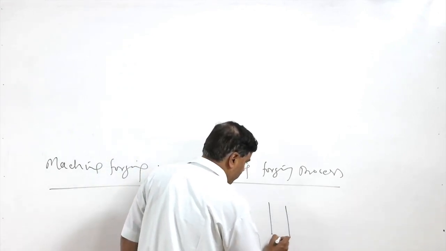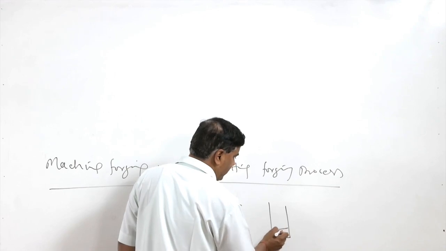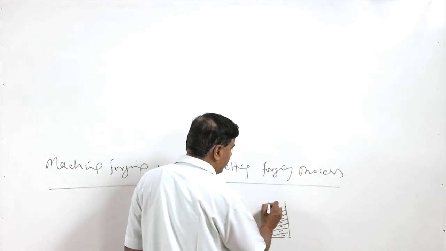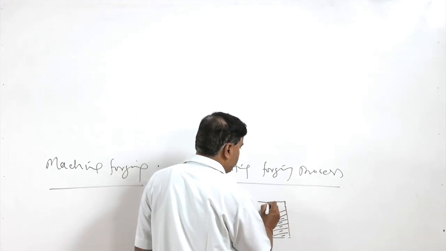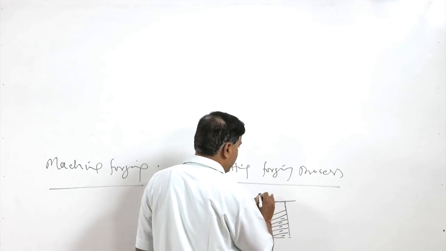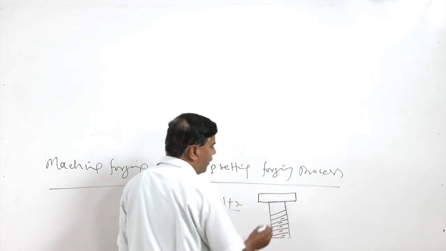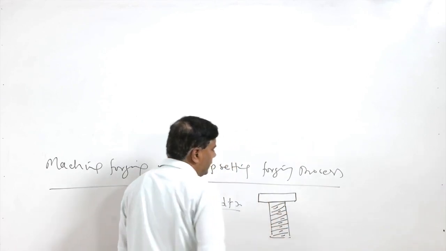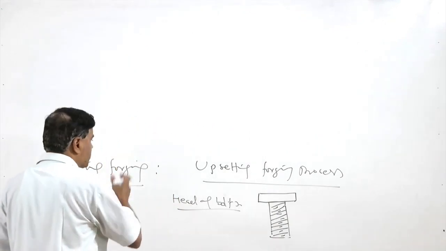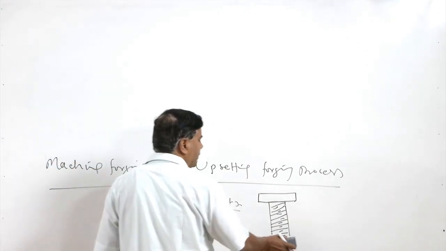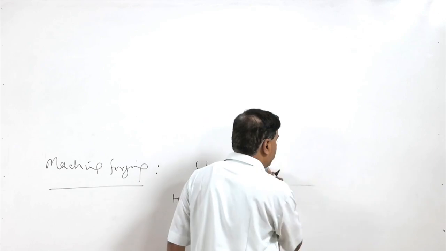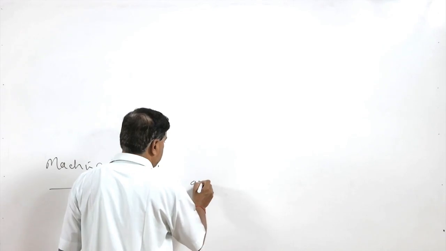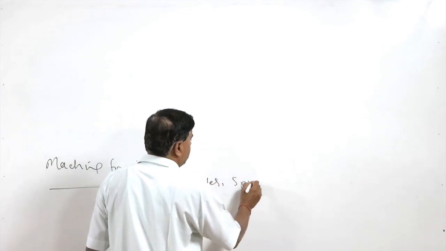Like we have the bolt having threads like this. At the top, if we need the bolt, we need to upset and make the head like this. So, for making the heads of bolts this process was initially used, and thereafter it has been used for making many other important products, like axles, spindles,